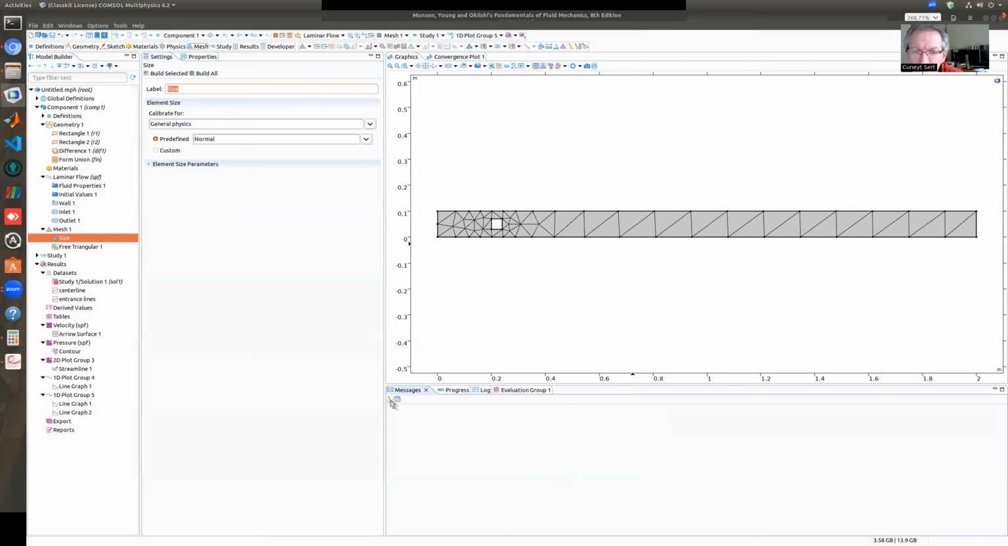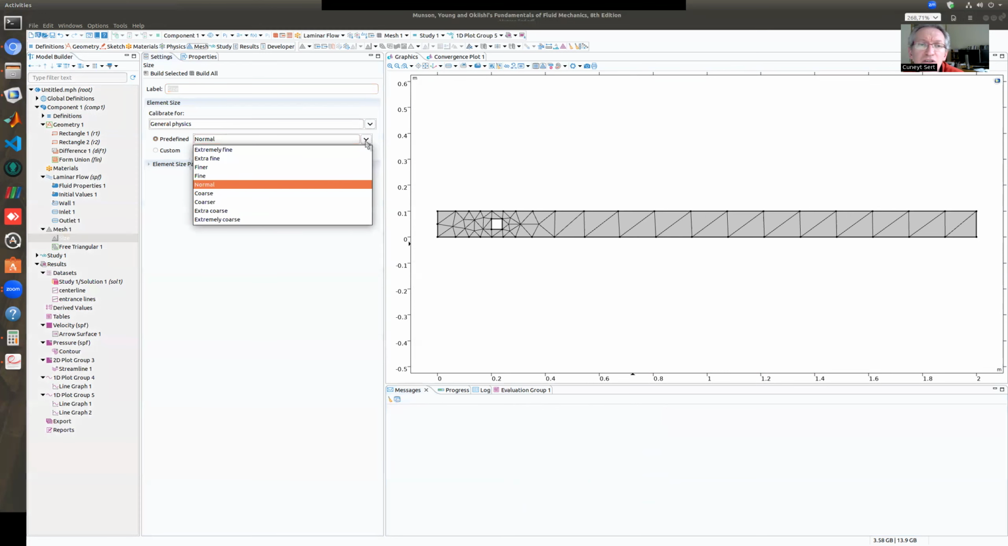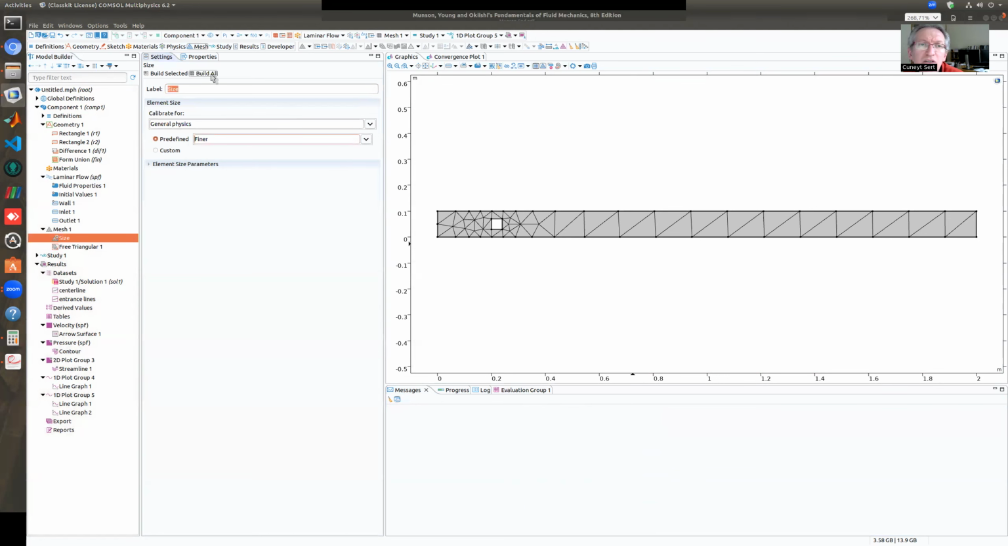Let's clear this message part. It's not enough. We have these predefined mesh selections like fine, finer, extra fine, coarse, coarser, extra coarse. The normal default mesh is like the one you see here. If I generate a finer one, I see,